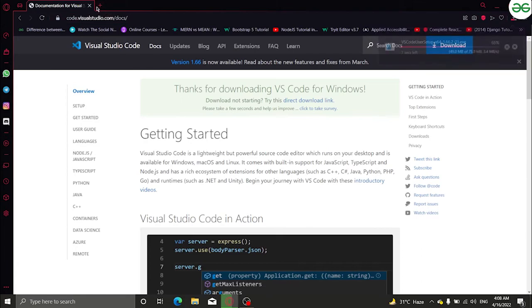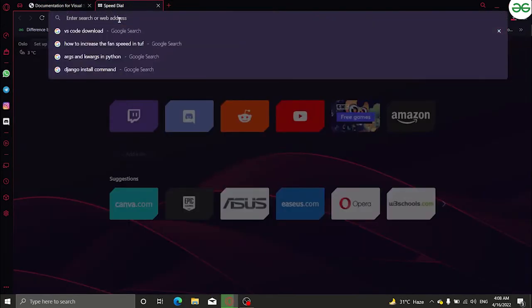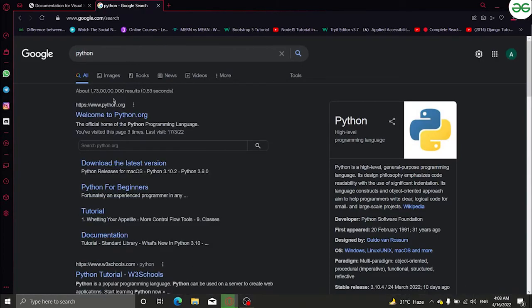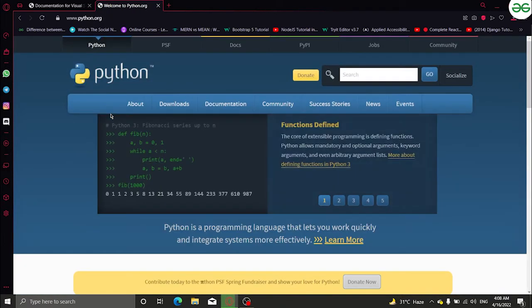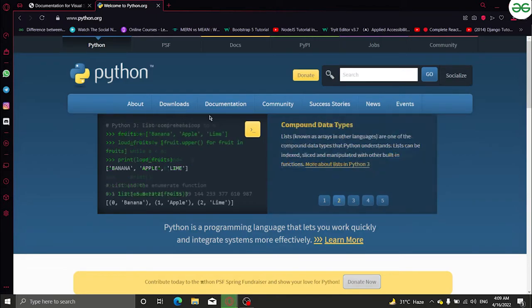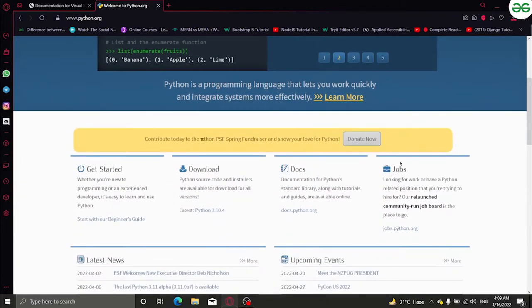Till the time it's downloading, let's go on another tab, and here we'll type in Python. We will be directed to the first link, that is www.python.org. In this, we have to go to download. You can also read its documentation and learn things about it, right?